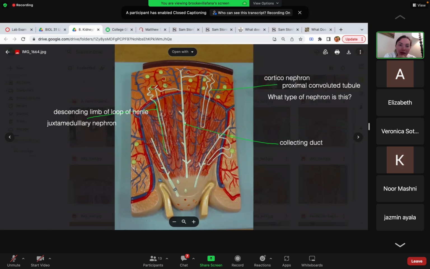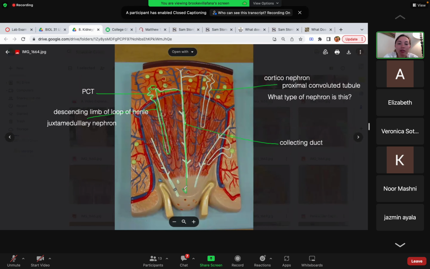So on the exam, find your glomerulus, then you know that the proximal convoluted tubule is the one next to the glomerulus, proximal to it. And then the descending limb goes away from the proximal tubule, to the ascending limb, out the distal convoluted tubule to the collecting duct,